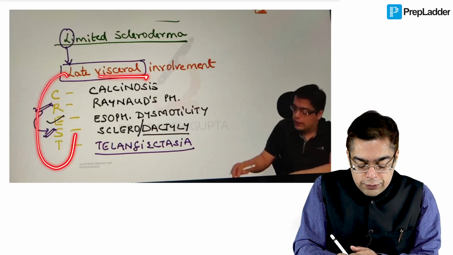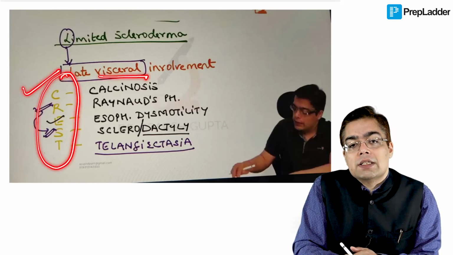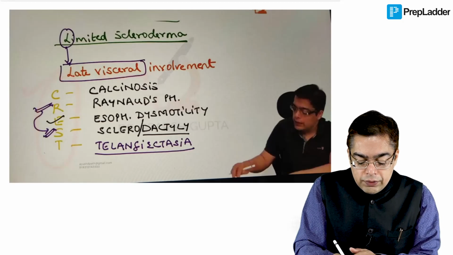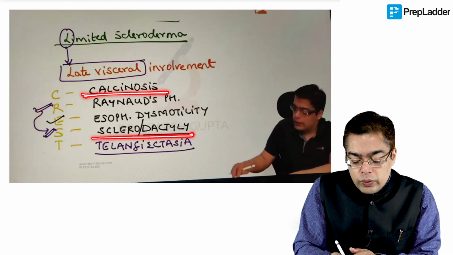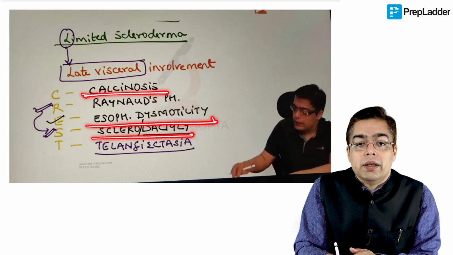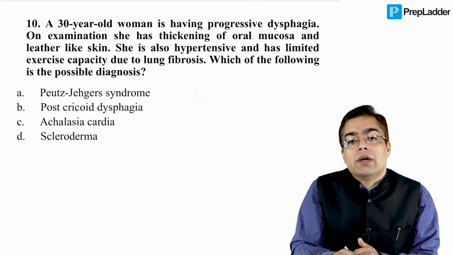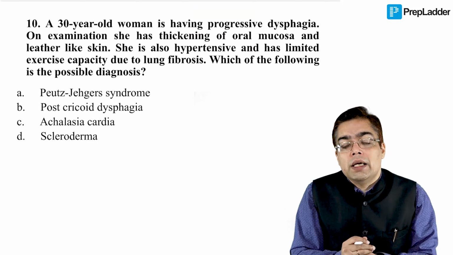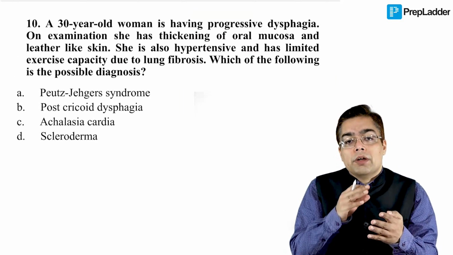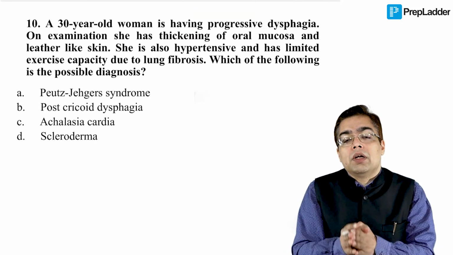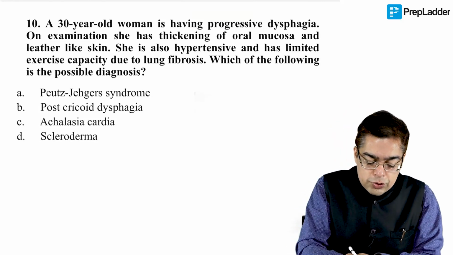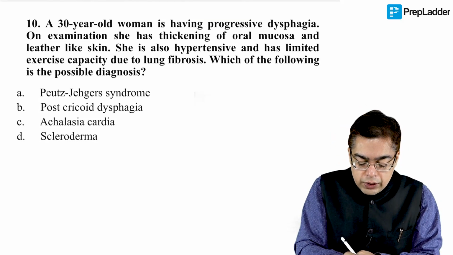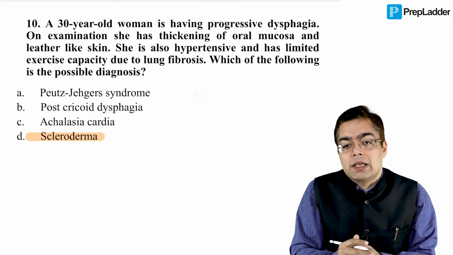So that's just something which is very, very often talked about in the exams. CREST syndrome, wherein we talk about calcinosis, sclerodactyly, esophageal dysmotility. In the same question, he would have also sometimes given a mention of the discoloration of the fingers, which is going to be seen particularly at the time of exposure to a cold temperature as well. So the answer to this particular question becomes very, very clear to us, friends. This happens to be something like scleroderma.